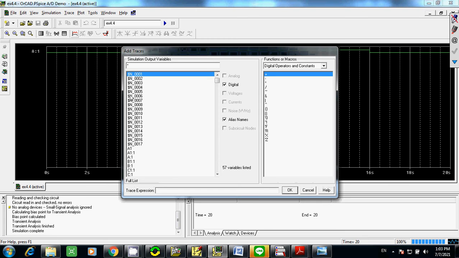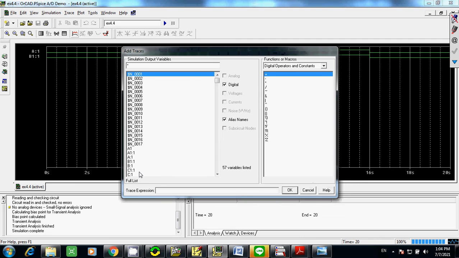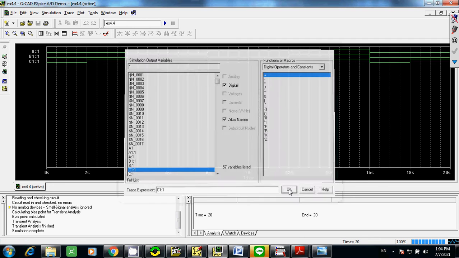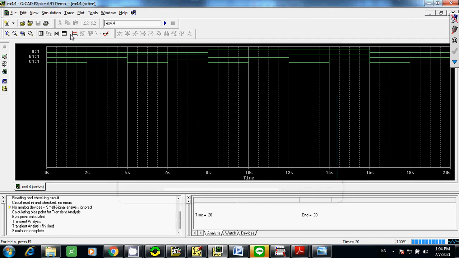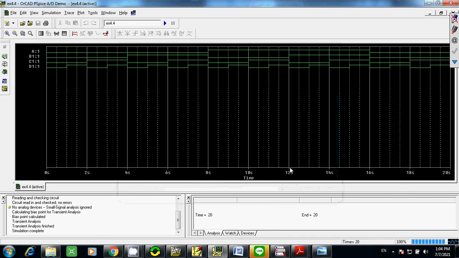You also are able to see B, right? That's the input. Click OK. This is your B input. Also, you can see the C input, and the last one is the D input. Here we go. All right. So you already have 4 inputs,